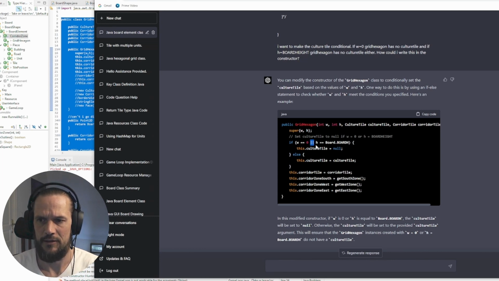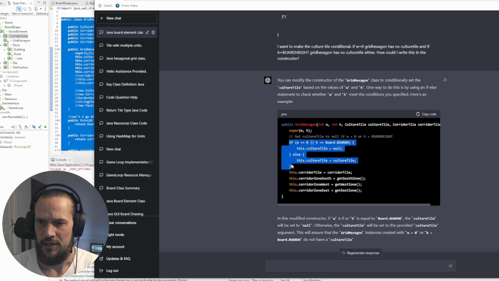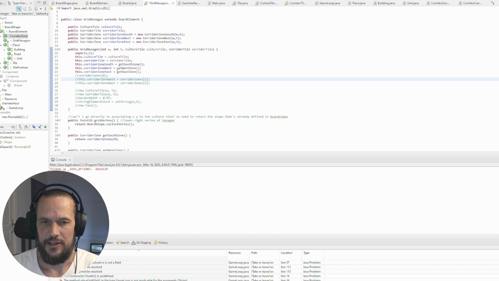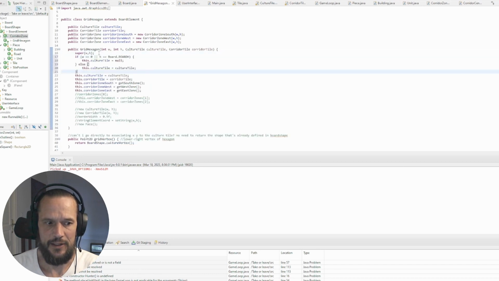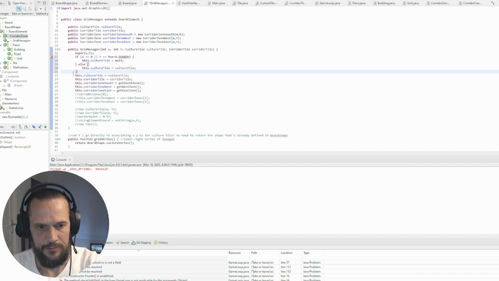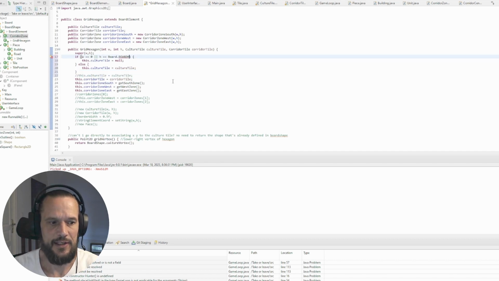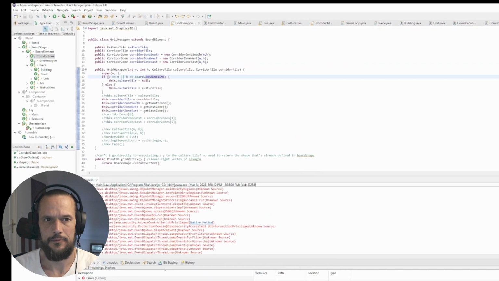A way of doing it that I don't like, and which I'm going to change, because it just has each grid hexagon has, in air quotes, one culture and one corridor tile, and I don't need, as far as I know, that in the arguments. It just seems overly cumbersome. It doesn't change. It just gets assigned a random terrain, but that's all. So I put it in the constructor, like it said, which breaks